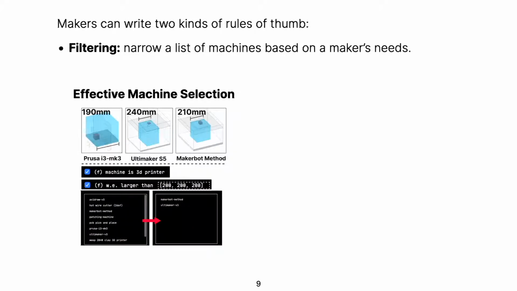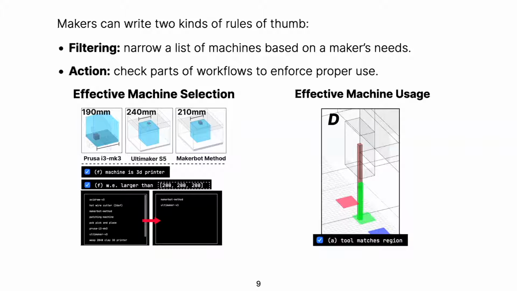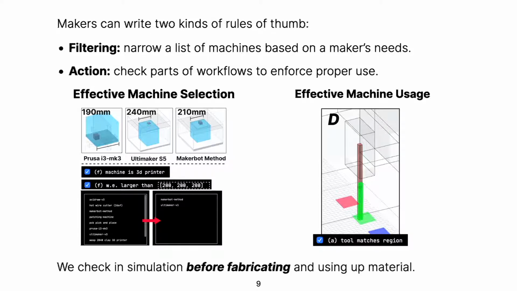So specifically, there are 2 kinds of rule of thumb. First, filtering rules of thumb narrow down the database of machines to only show machines that satisfy certain requirements, in our example being able to print a model of a given size. And second, action rules of thumb apply checks to the machine simulation as a maker is stepping through that workflow to ensure certain properties, like making sure that the pick-and-place machine has the correctly sized needle to pick up a tiny PCB component. And in particular, catching issues early is super important, because with physical fabrication, any sort of runtime